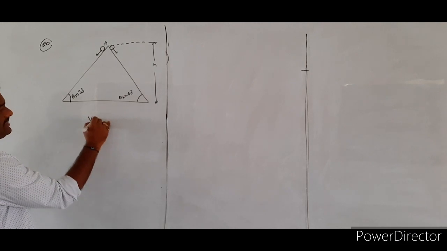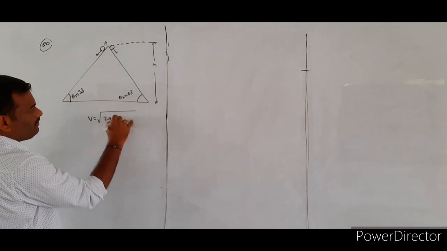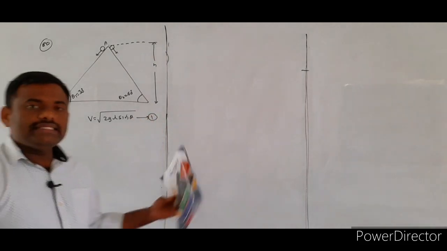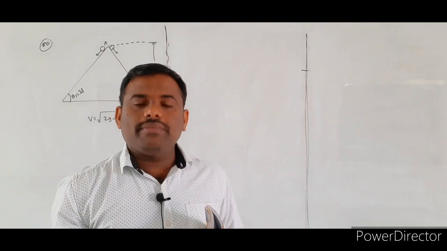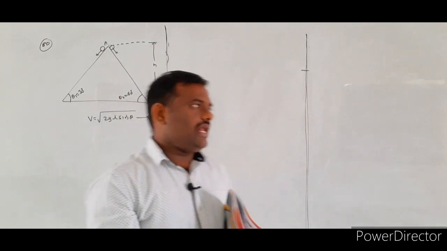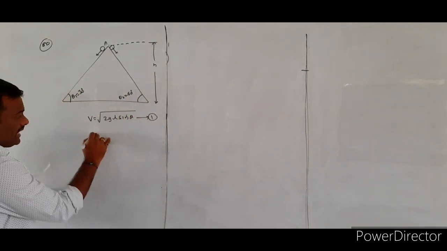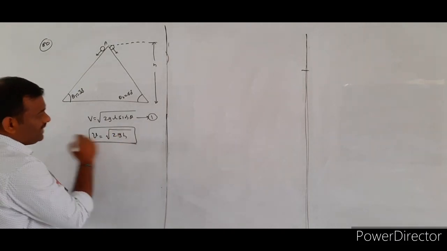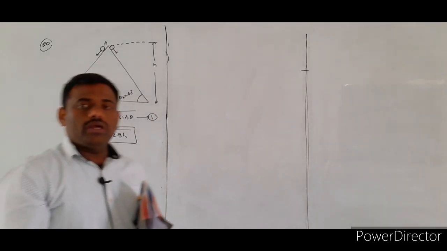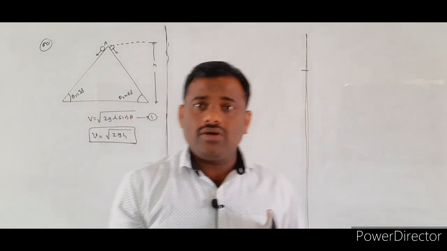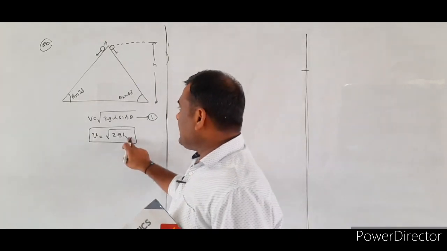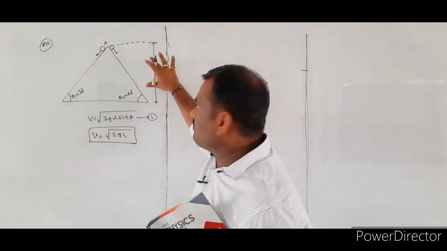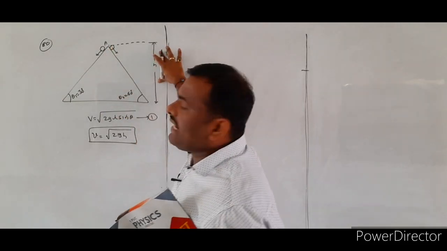One is the velocity of the body on reaching the bottom of the smooth inclined plane, v is equal to under root of 2gl sin theta. This is the formula you derived in the case of friction. But in the case of work power energy, we told that the velocity acquired by the body on reaching the bottom of the inclined plane is v is equal to under root of 2gh. H is indicating the height of the inclined plane. If you look at the diagram, in the hint they have given directly, for both the surfaces, the vertical height remains the same.